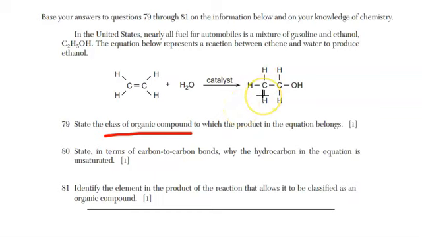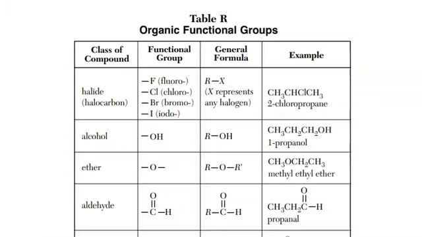This isn't just a straight hydrocarbon because, besides carbons and hydrogens, we have this OH group. In order to figure out the class, that's going to tell us which one it is. Reference table R is a list of different classes of compounds that contain other atoms, again, besides just carbons and hydrogens. We're looking for OH, and you'll notice the second one here has the OH,